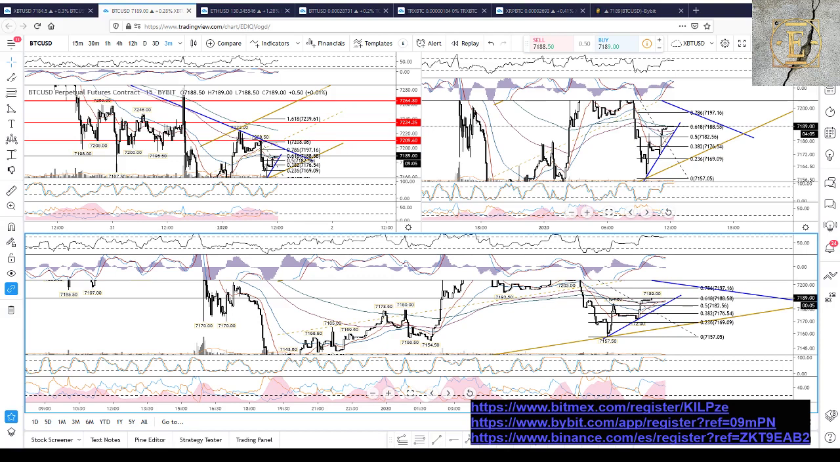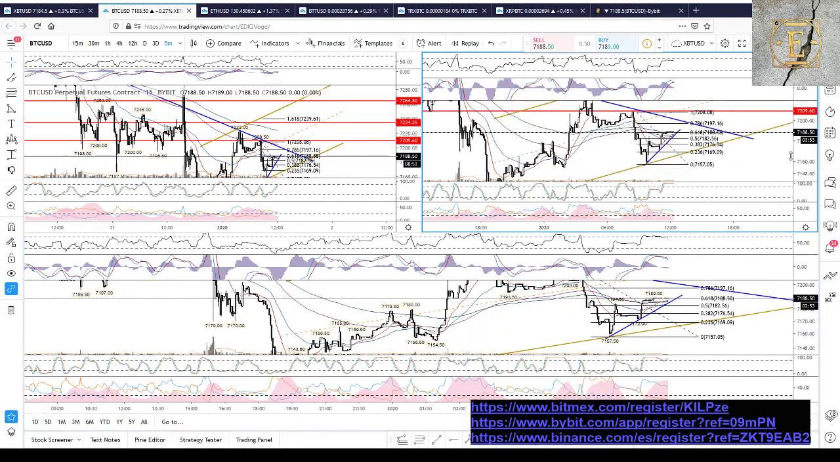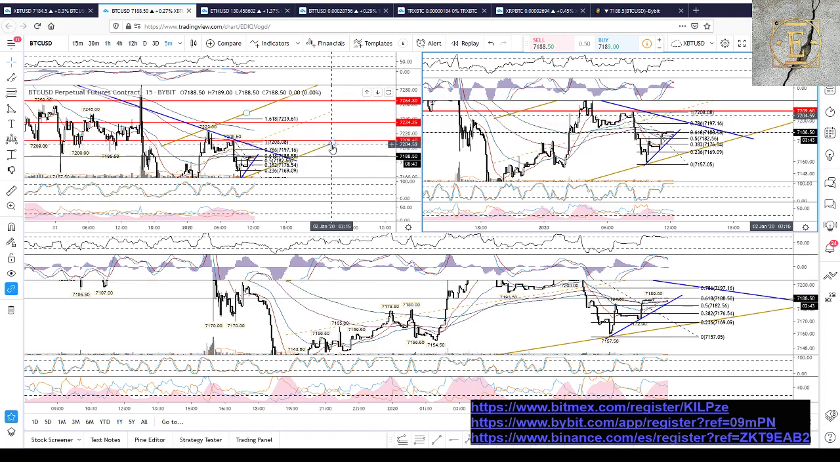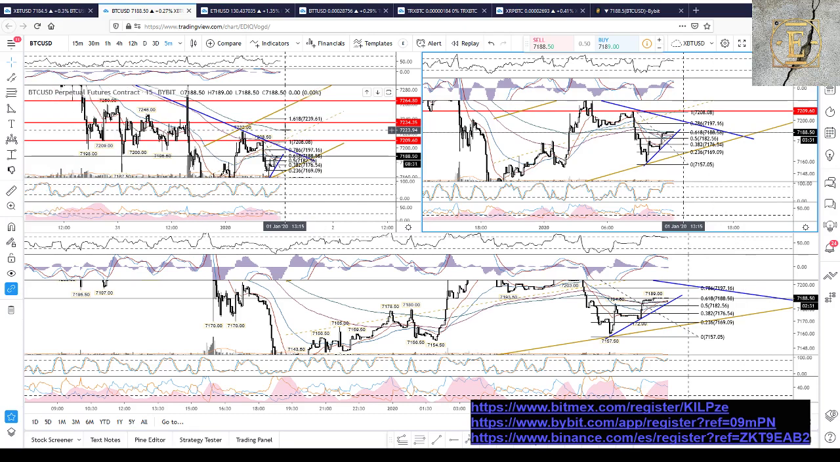Where would you put a stop? So I'm not stopping now because I prefer to follow my trade, but if I was scalping, the stop would be above this EMA. Okay, this EMA. But